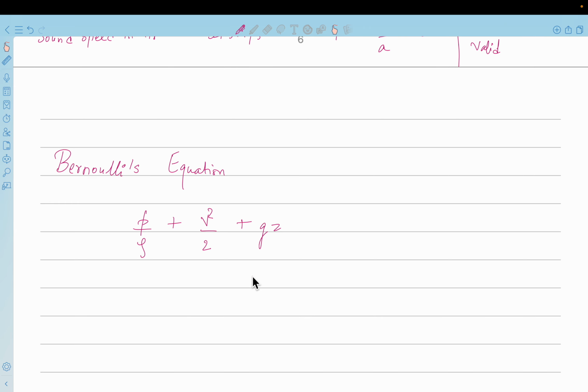Okay, so this is very important, that the flow is along a streamline, and of course there is frictionless conditions. Okay, so inviscid,